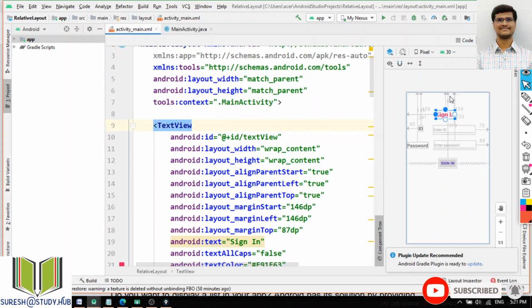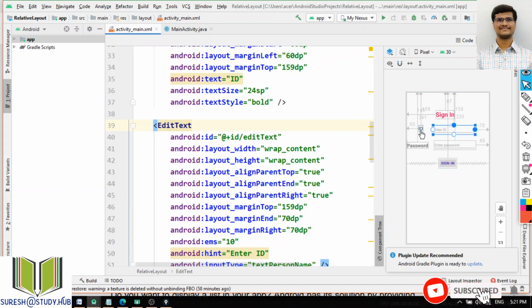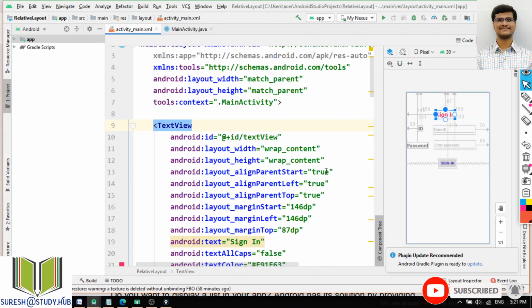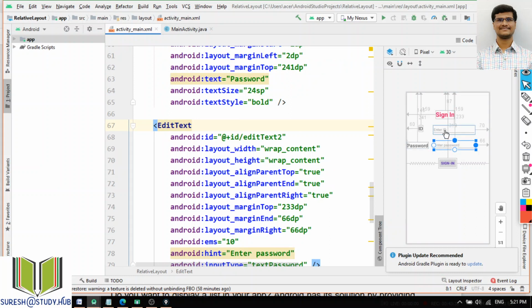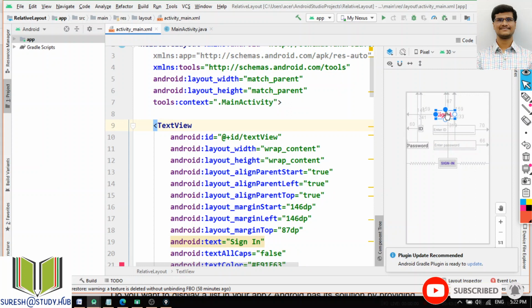So I think you are seeing some positions, right, relative to each one. If I click on this one, it is relative to this one, or everything is relative. So that is your relative layout. If I am placing one component, it is relative to some other component. So from the top how much, or from the left, or from the right, or which is left to this text view, which is below this edit text. Like this we will consider everything.